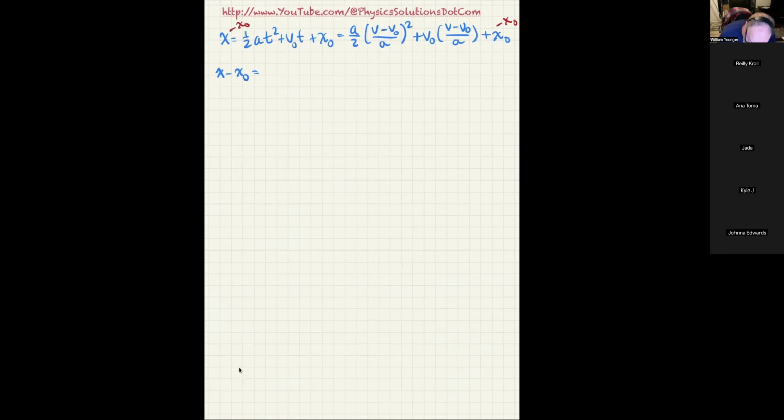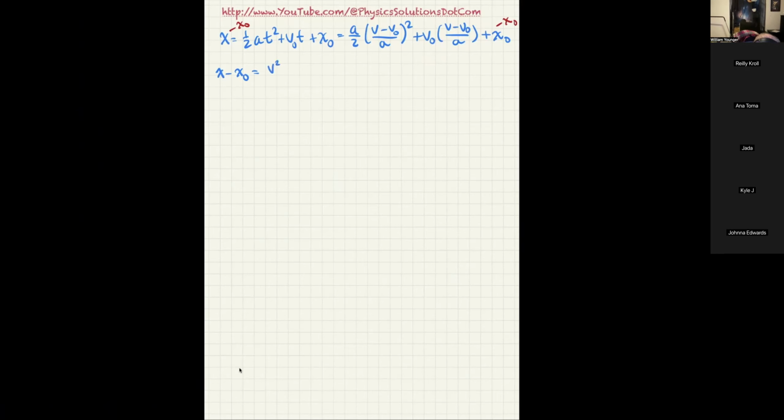Now, what you'll also see is the a right here and the a squared down here is going to leave an a in the bottom with a 2. So I'm going to make a common denominator because this fraction over here only has an a in it. I'm going to multiply by 2 over 2 so that it'll have a common denominator. So what I get now is the v minus v0 squared is now going to be over top of 2a,